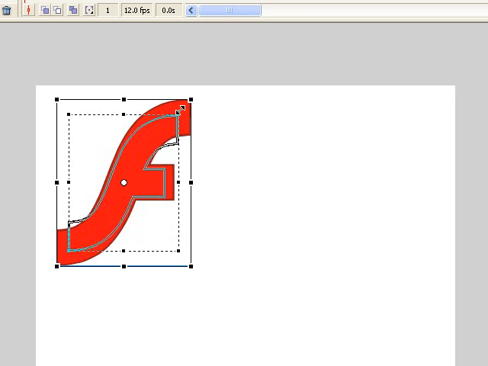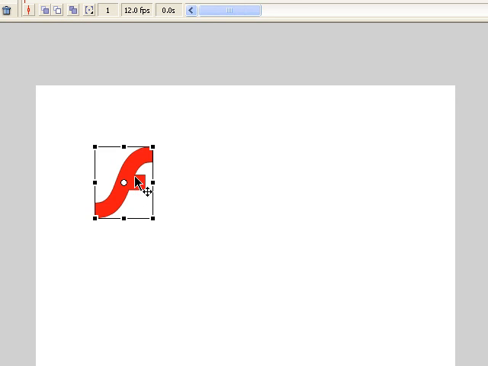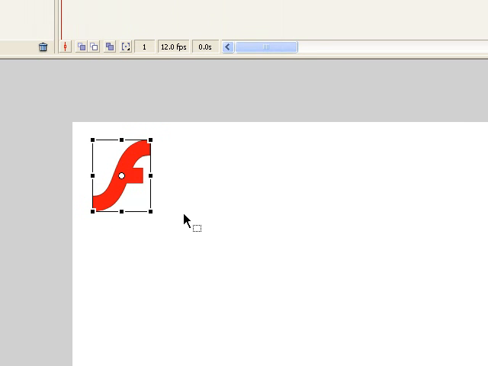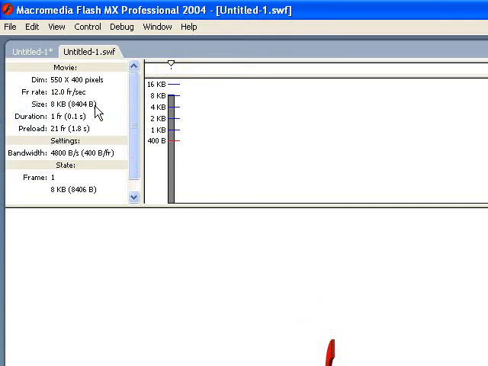Say I just need a really small logo animation here in the upper left hand corner. And now if I go ahead and test this movie, there it is. There's our 3D animation. So we went from Illustrator to Swift 3D to Flash, and you can see it's only